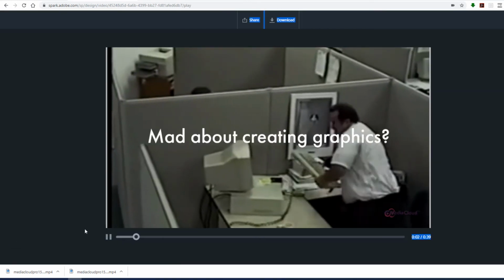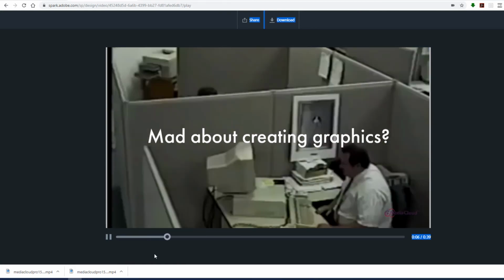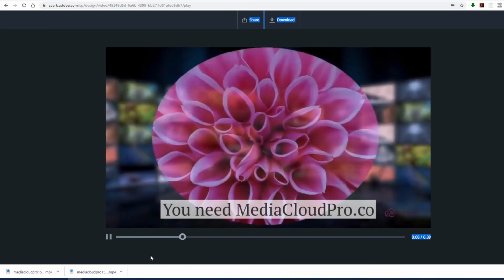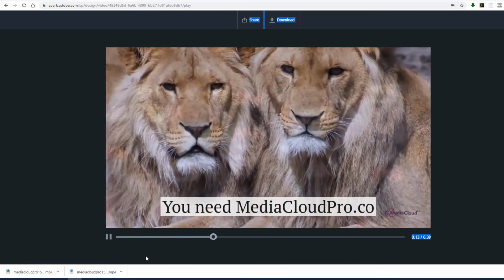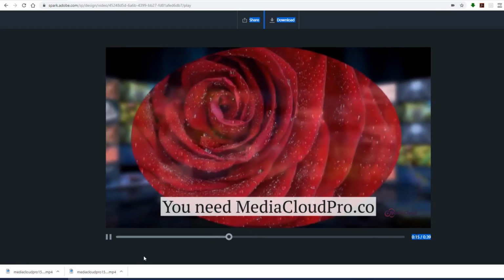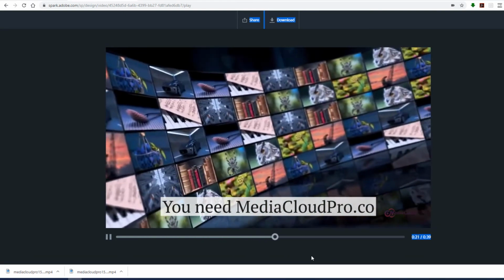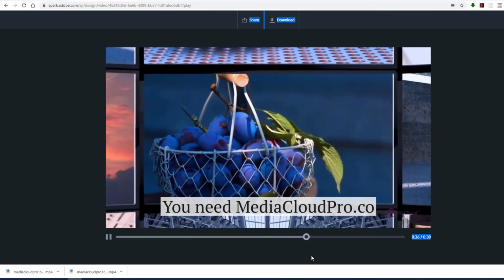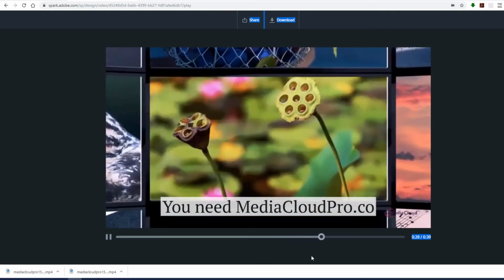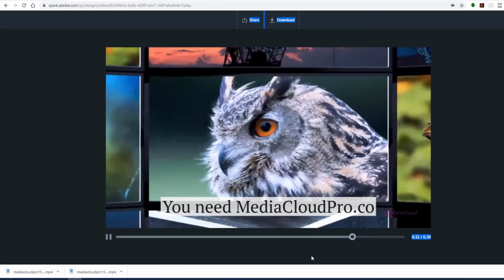Are you mad about creating graphics? You need Media Cloud Pro from MediaCloudPro.co. Media Cloud Pro is an innovative new graphics platform that has everything you need to create stunning graphics in a matter of minutes. It has over 7 million built-in graphic assets, including stock photos, vector graphics, and more. Go now to